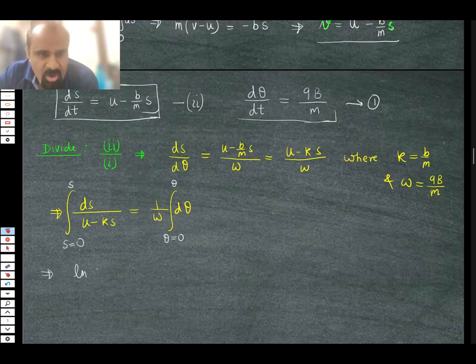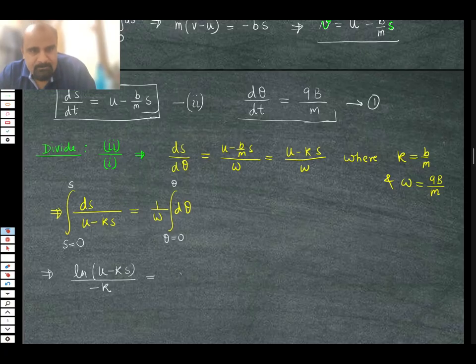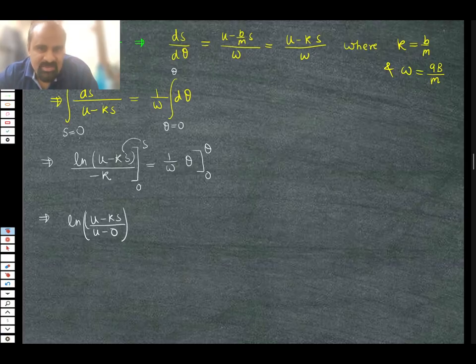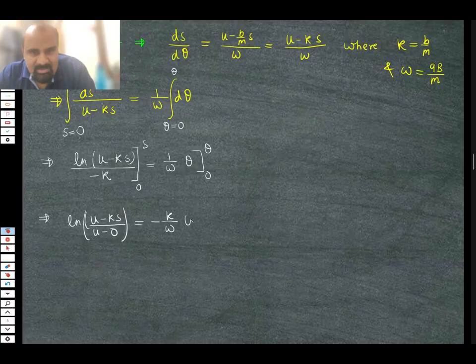You get ln of u minus ks divided by minus k is equal to 1 by omega theta. Of course, you have to put limit 0 to theta, and here you have to put limit 0 to s. So you get ln of u minus ks divided by u minus 0, upper limit minus lower limit. In place of s you put s, and in place of s you put 0, and this minus k you move to this side, so you will get minus k by omega theta. And now let's get rid of this ln. So you get 1 minus ks by u is equal to,